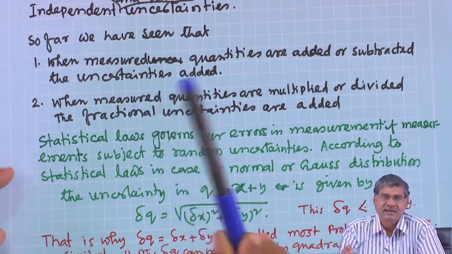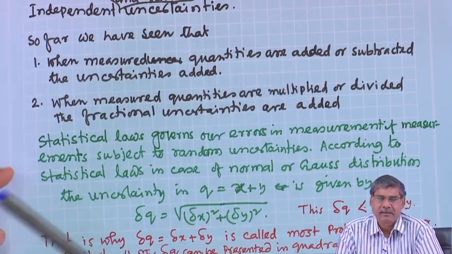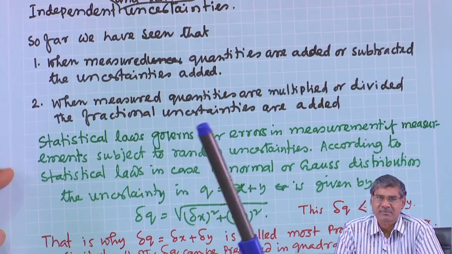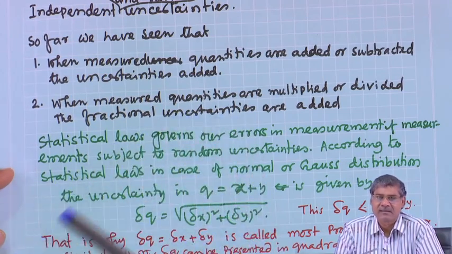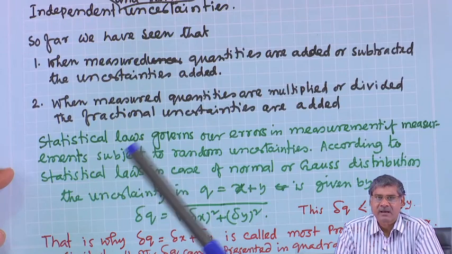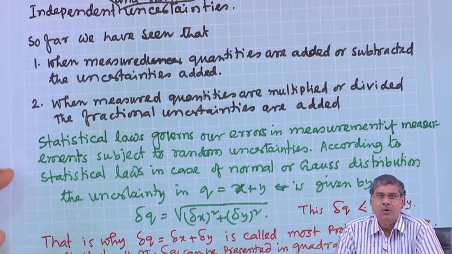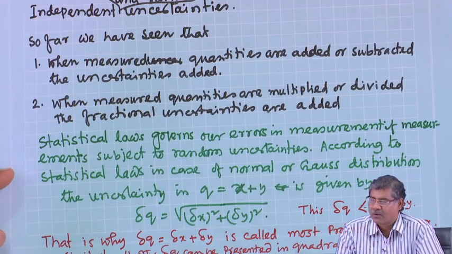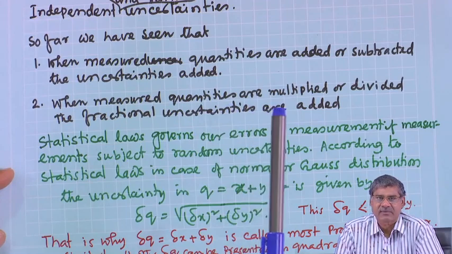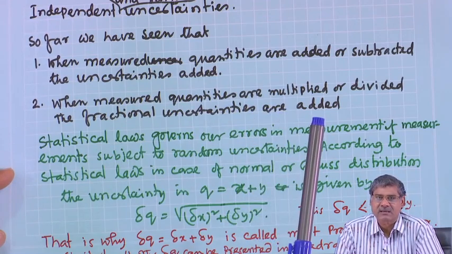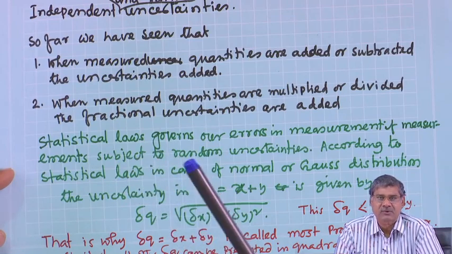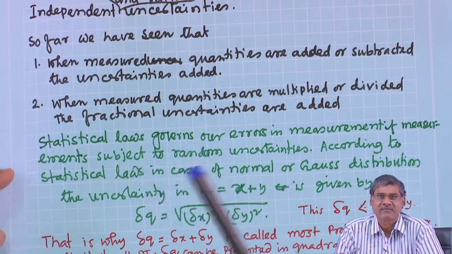These data are distributed. Okay. And this distribution may be in different forms: a Gaussian distribution or normal distribution, or a Lorentzian distribution, etc. Okay. In that case, we generally consider the error as the standard deviation,